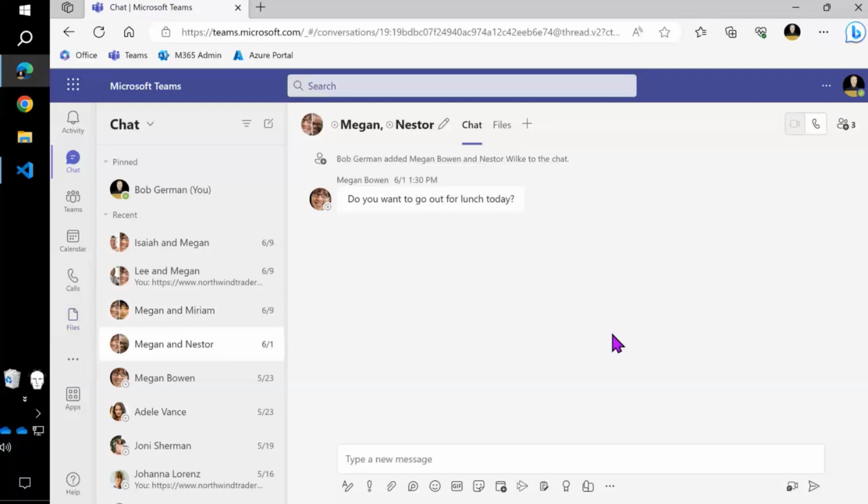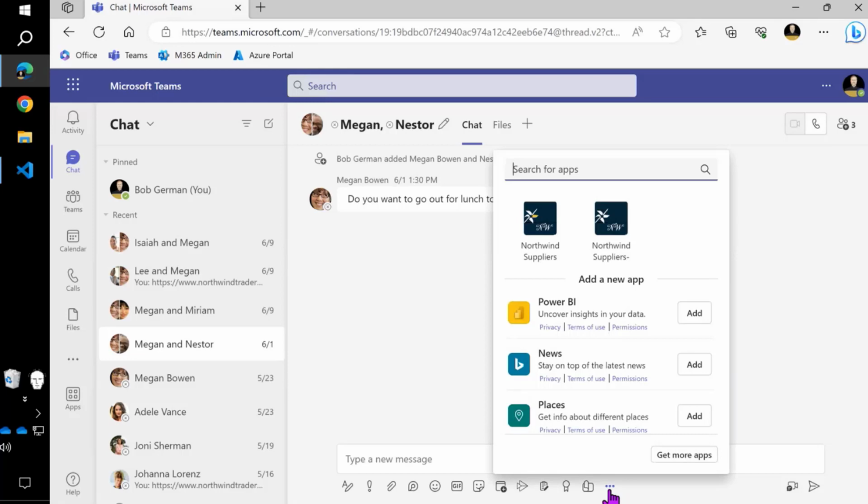So I'm going to start with an instance that I have deployed to Azure. One of the great things about Teams Toolkit is that it makes it really easy, when you've got your app working, to just click a button and off we go to Azure. So I'm here talking to my fake colleagues, Megan and Nestor. They're some of the fictitious users you might have in your tenant as well at this point, because they come with the free subscription.